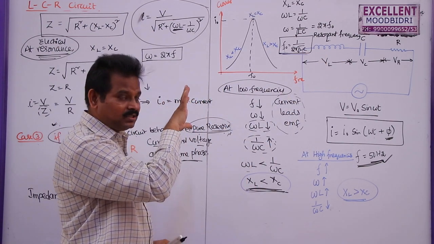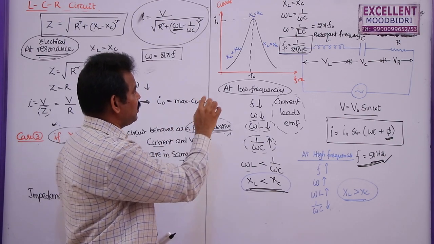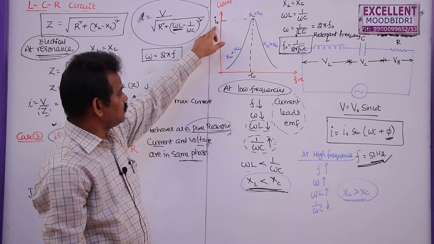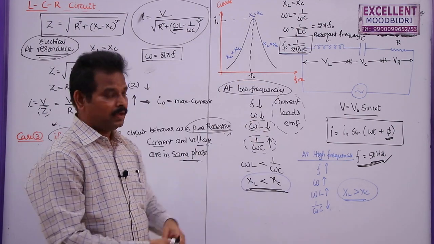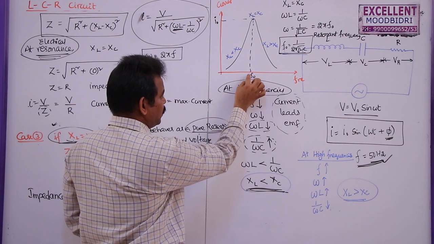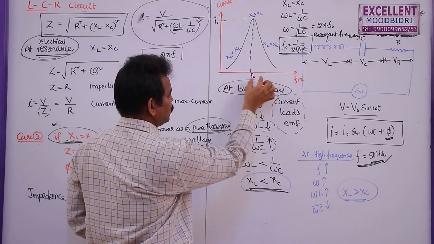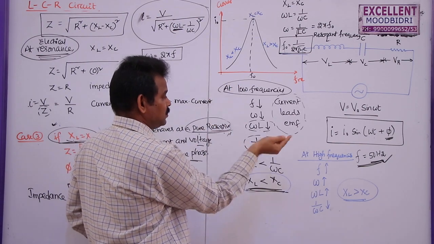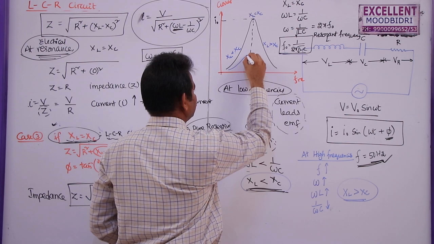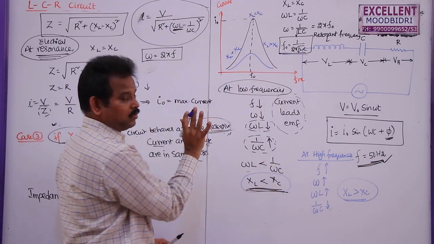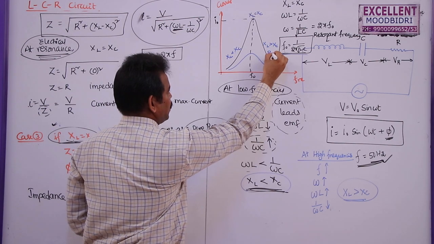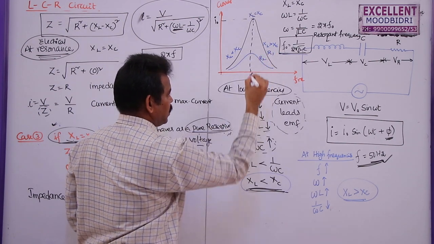Now, if the resistance is considered, generally this is the curve that shows the variation of current in an LCR circuit with the frequency. And this is a lower frequency than the resonance frequency. This is the higher frequency than this one. Now, if resistance is considered, you may get a graph like this. Let us say one graph is given like this. Here also you can see for this and this, this is resistance R1, this resistance is R2.